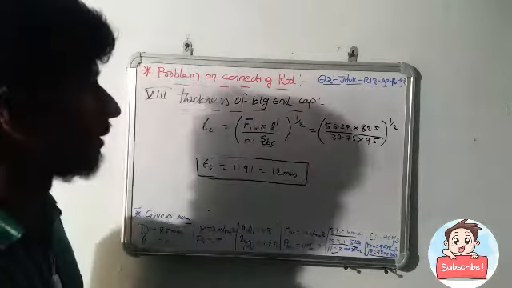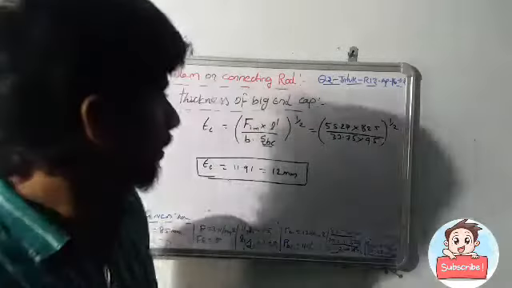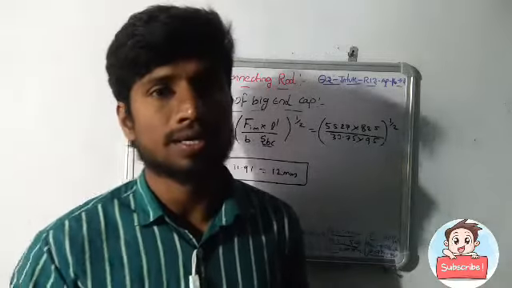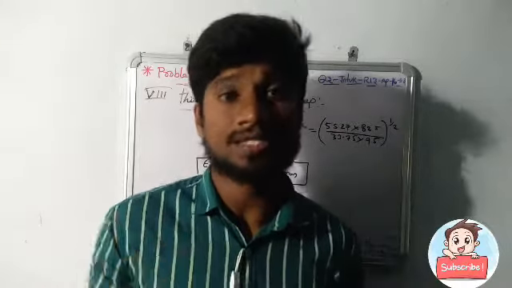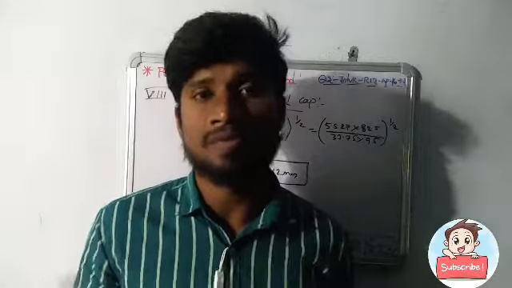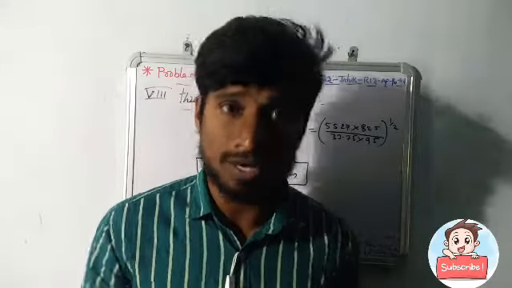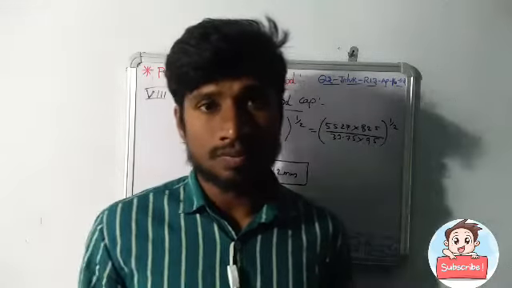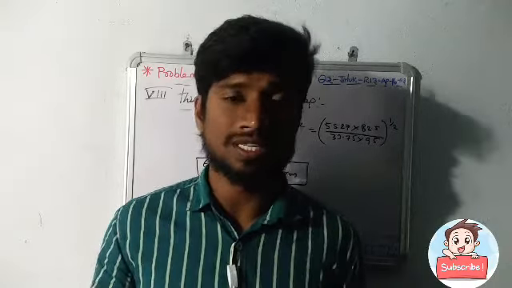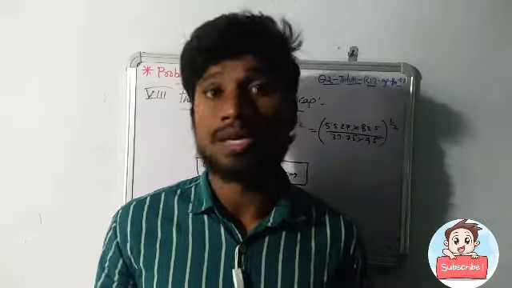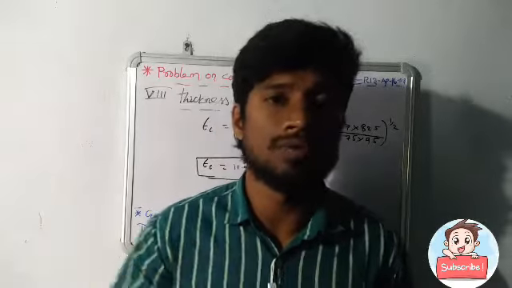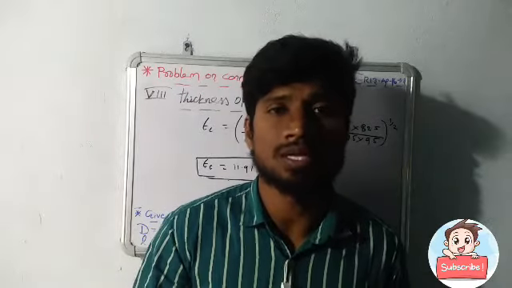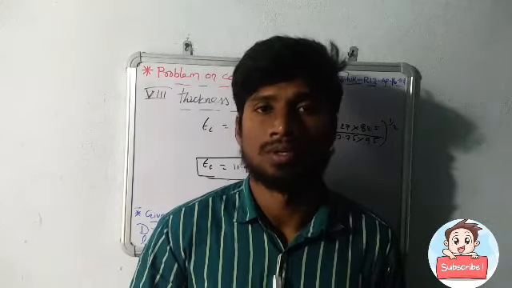So this is about the thickness of big end cap, and these are the design steps involved in the design of connecting rod. It is better to prepare more previous problems to gain more knowledge related to the design of connecting rod. This is about today's class. In the next class we are going to discuss the further engine parts. I think here we have only one major part, that is the crankshaft. In the next class we are going to focus on the concept of crankshaft. Thank you.